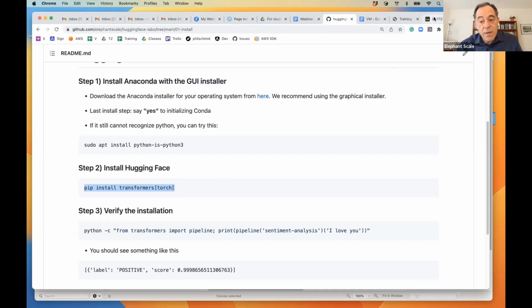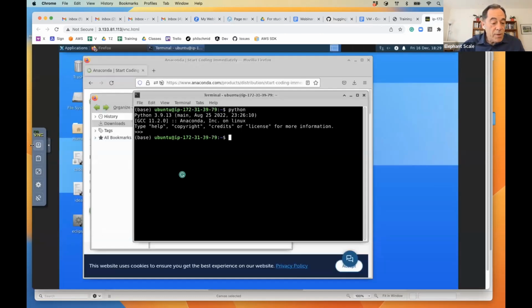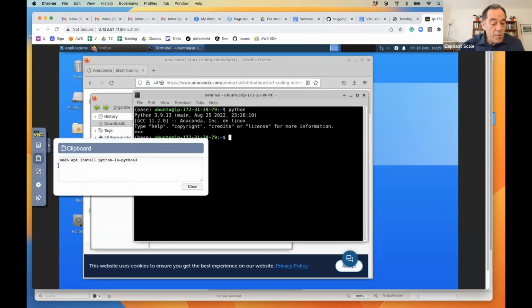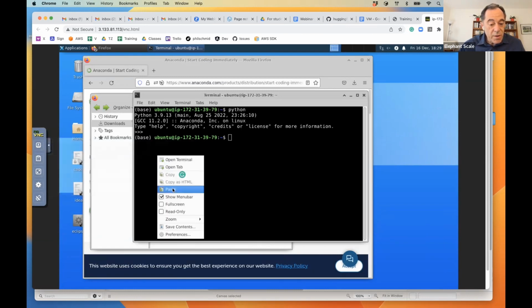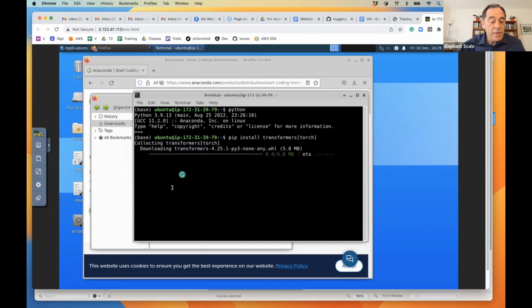And we will run it here. Now, again, I have to open the clipboard, put this command right here, and after that, I can already paste it right here. That is install.